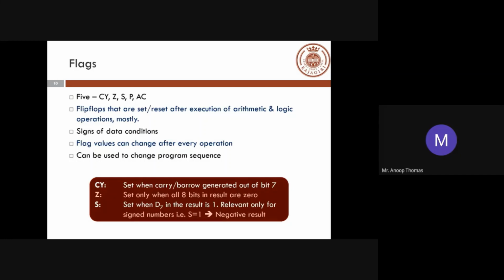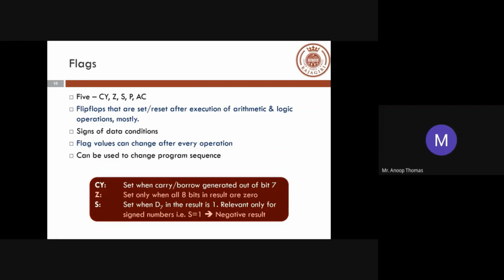Carry flag: if a carry occurs after an addition out of your 8-bit operation, your carry flag will be set. If there is no carry, the carry flag will be 0. It depends upon the operation performed with the help of the accumulator, which stores the result. Based on the result which has happened previously, the carry flag will be set. So if you have another addition operation and the result changes, the carry flag will be reset based on that instruction.